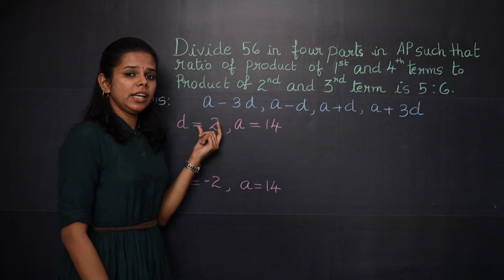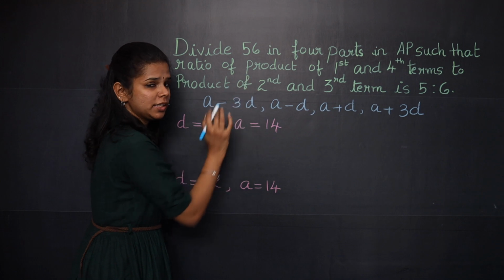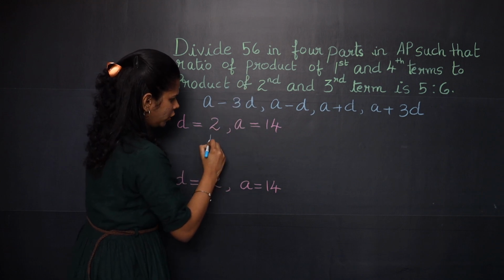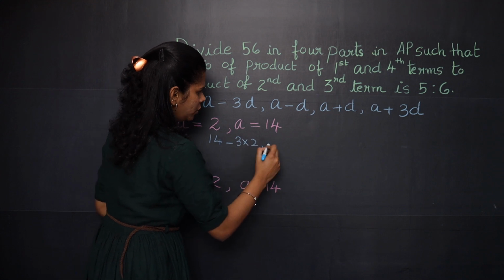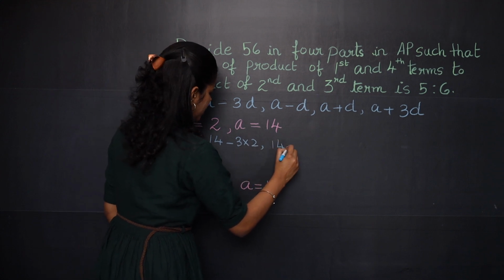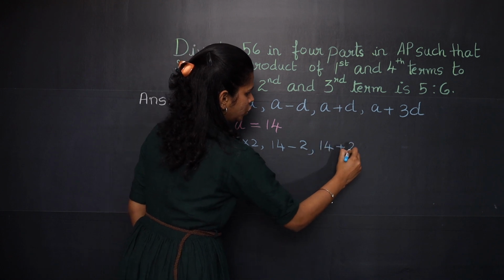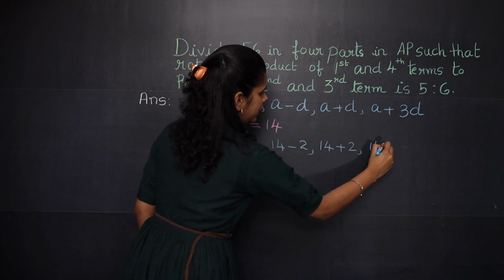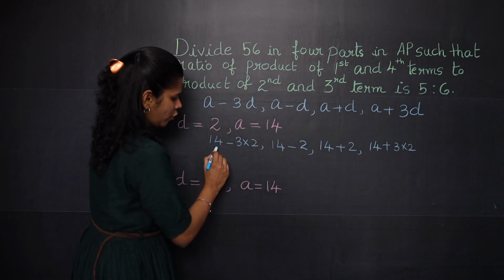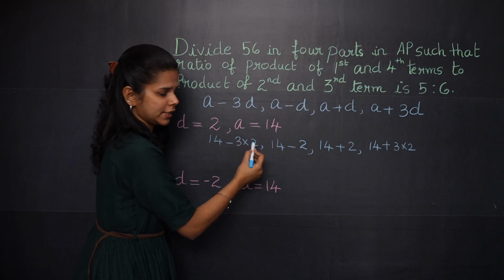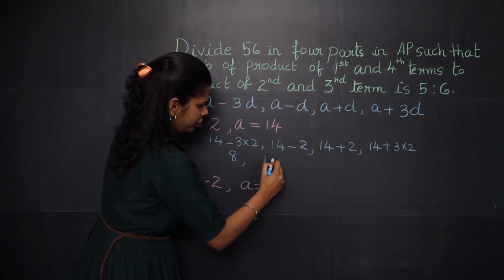So here when d is equal to 2 and a is 14, the parts will be 14 minus 3 into 2, comma 14 minus 2, 14 plus 2, 14 plus 3 into 2. So you will get it as 14 minus 6, that is 8, 12,